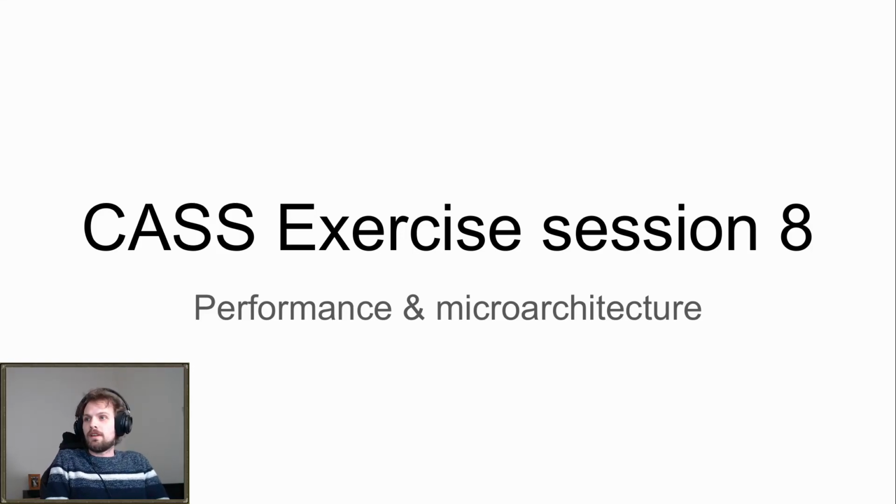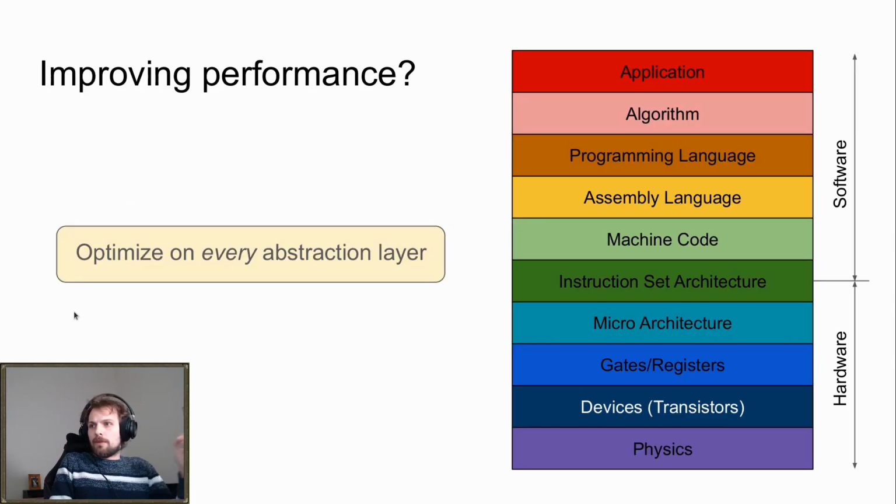About performance, and mainly focused on the microarchitecture. When we talk about performance, we can improve performance by optimizing, and we can optimize on many different layers of the stack. You can optimize your application, write better code, choose better algorithms, choose maybe a faster programming language, make sure that your assembly language uses the least instructions possible. You can choose a fast instruction set on a fast processor, which has a good microarchitectural implementation, for example,